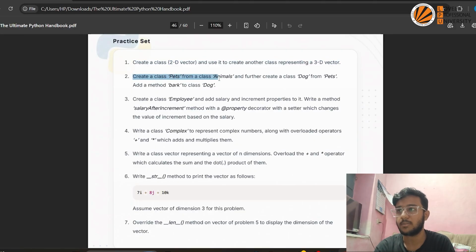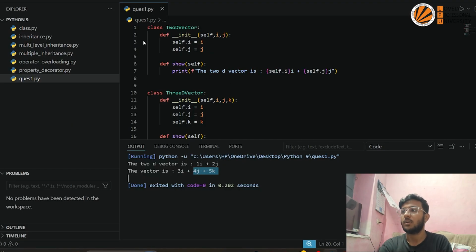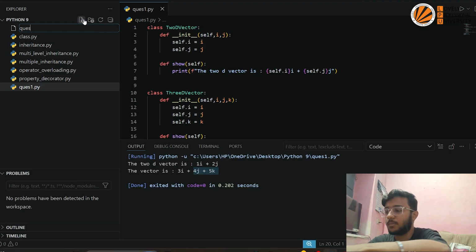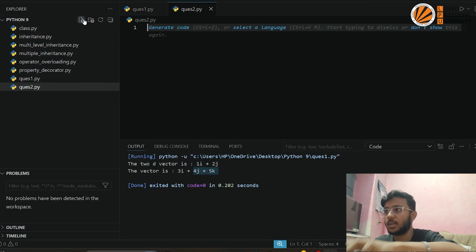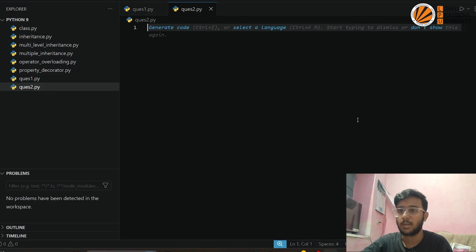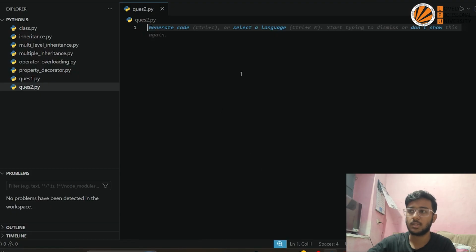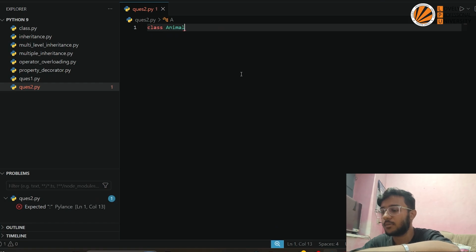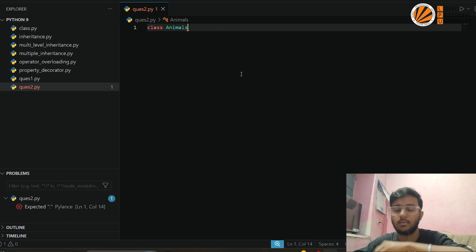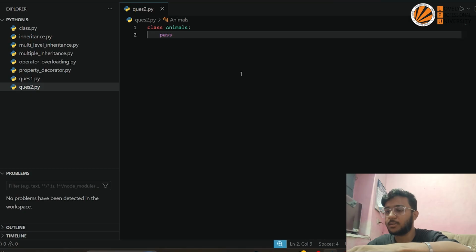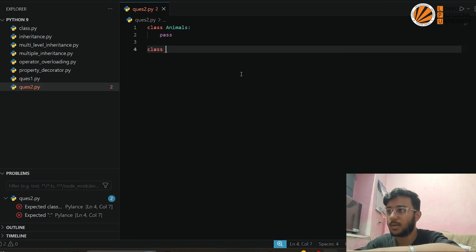Create a class pets from class animals, and further create dog and pets. Add method bark to class dog. Now the question is not asking us to create any methods in the two classes, pets and animals. So we will not create the classes here, we will just use pass. So suppose the first class I will create here is animals, and then since it's not asking us to do anything, I will just pass it, and then I will create